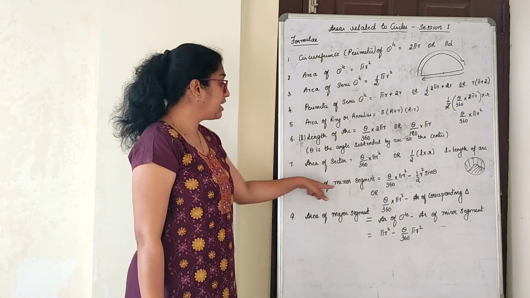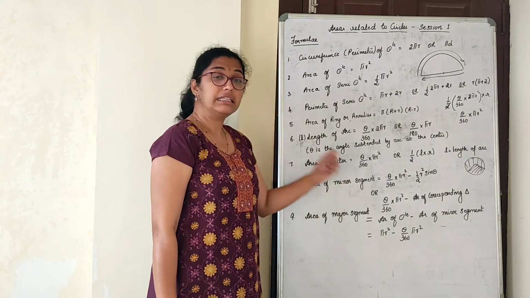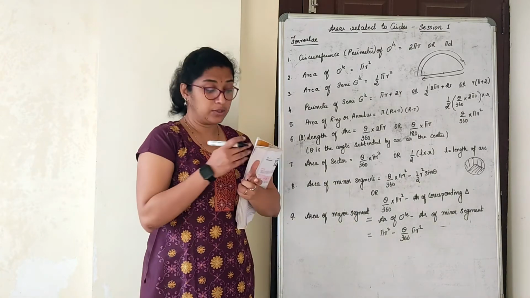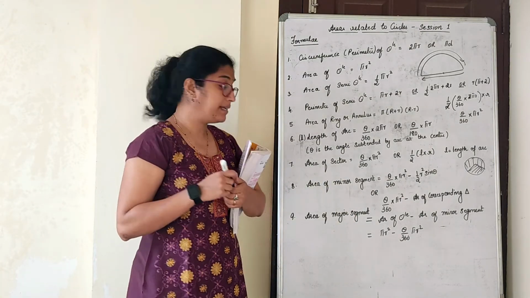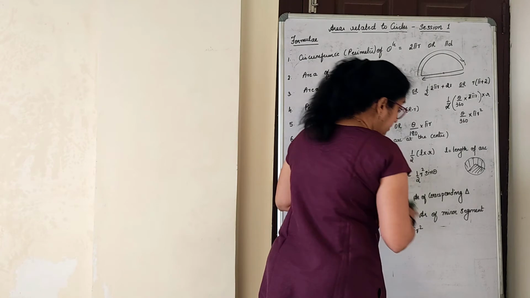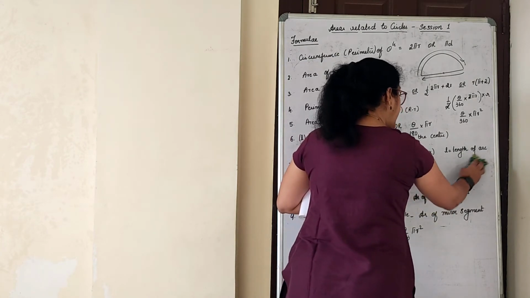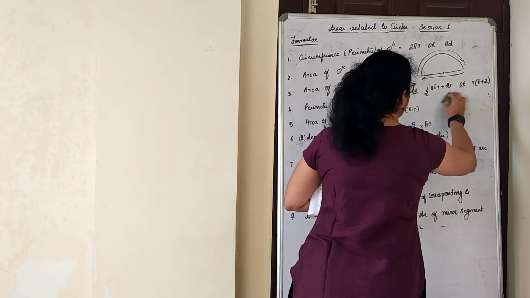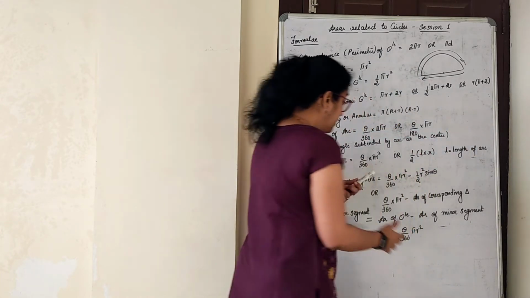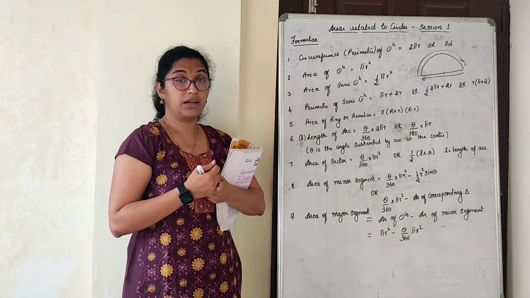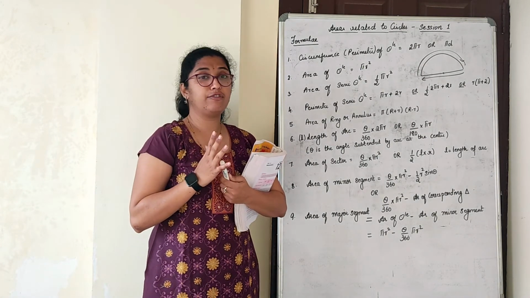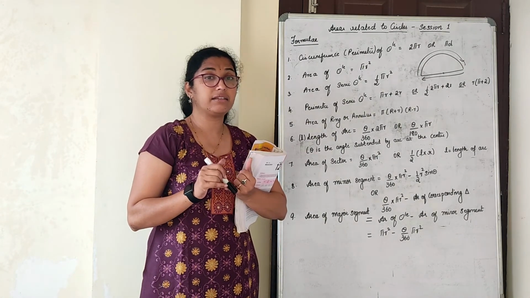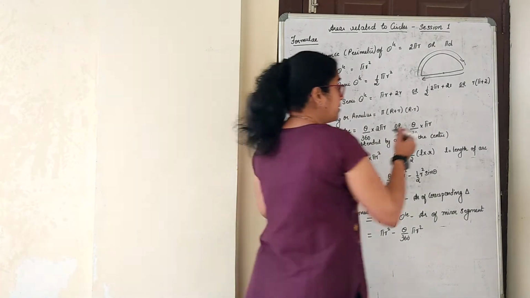Next one, area of minor segment. This is particularly the minor segment only. When we talk about a segment, we bifurcate that in terms of minor and major, and the formula actually varies there. Now the sector did not vary, it had the same formula, but the segment has its own formula. Now you have to be very careful in reading and understanding sector and segment. Now what is a segment?